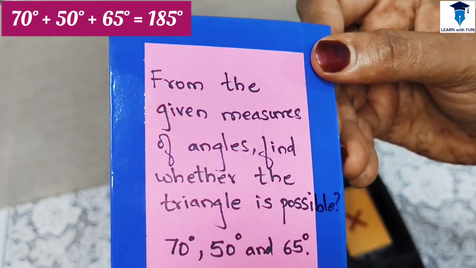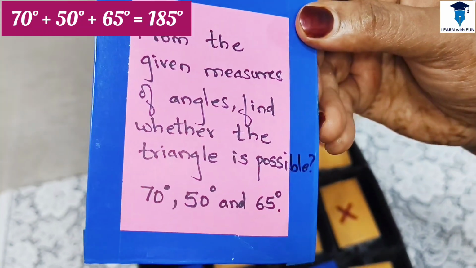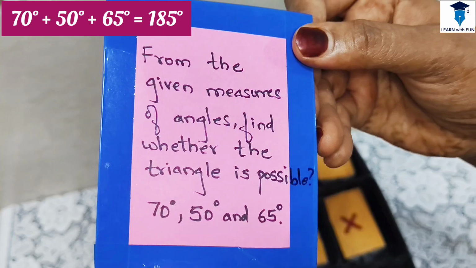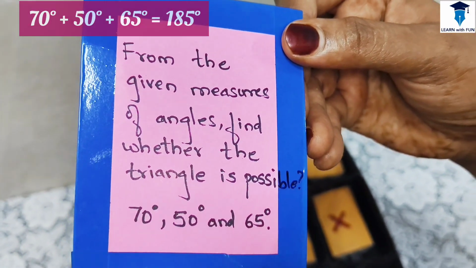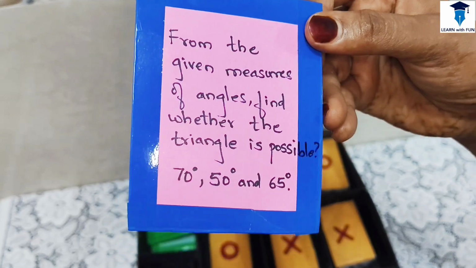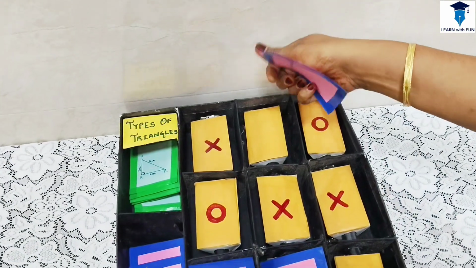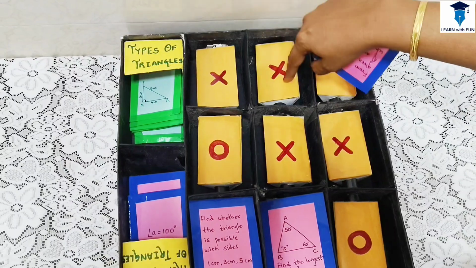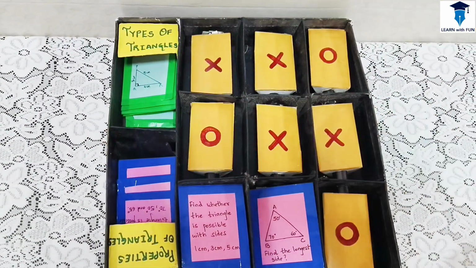He or she knows that sum of all the measurement of the angle of a triangle has to be 180 degree. But here, according to this measurement given, it is more than 180 degree, that is 185 degree. So the child will simply say that a triangle will not be formed. Yes, it is not possible for the triangle to be formed, since X gave the correct answer. So suppose X is going to place the position over here. Now it's time for the 0.